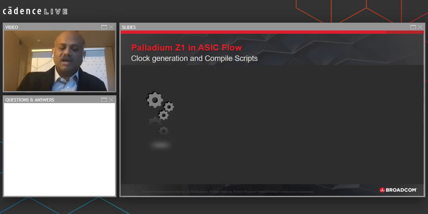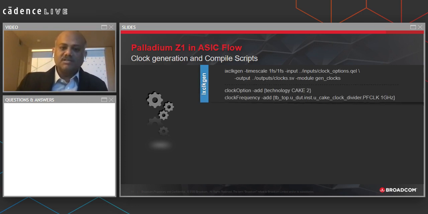Right. So having said that, now the design got into the emulator and the test bench is sitting in the host. Let's see how the Palladium flows using the scripts required, or what are the steps required to get this till the stage of running the emulator. Right. The first step involves